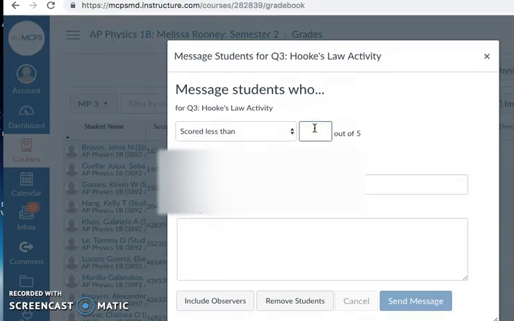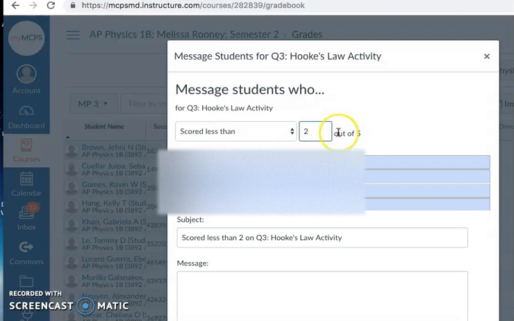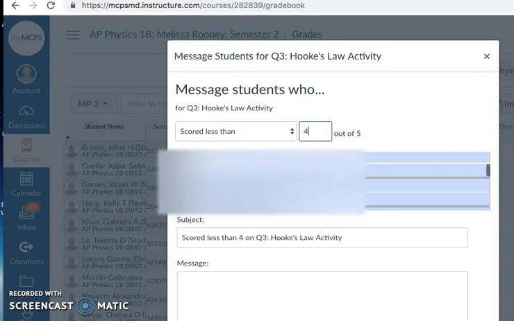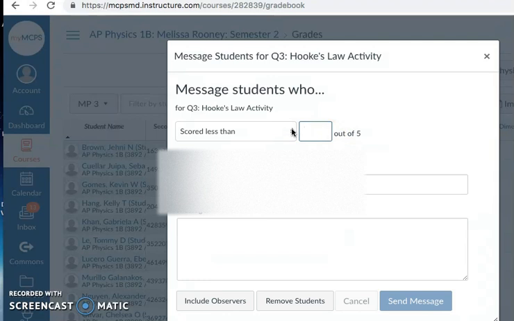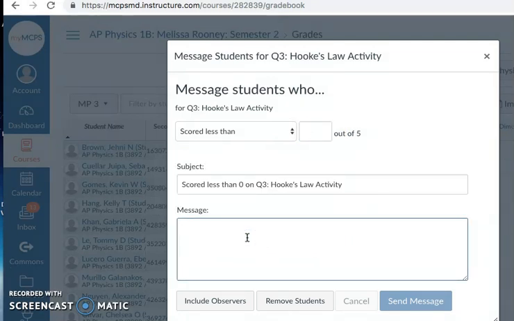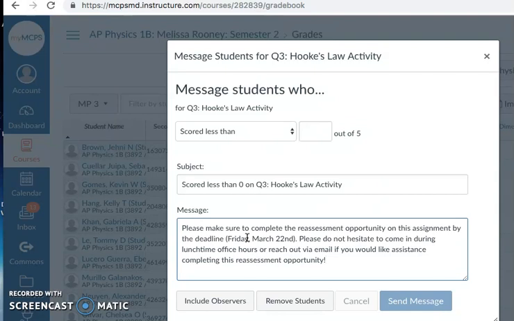And then you can put in a threshold like 2 out of 5 or 3 out of 5, 4 out of 5. And what this does is it brings up a list of your students who earned less than that score. Now, I have a pre-typed message that I usually send out that goes something like this. So I'll always make sure to say when the reassessment opportunity is due, and then when I'm available for help if a student needs assistance